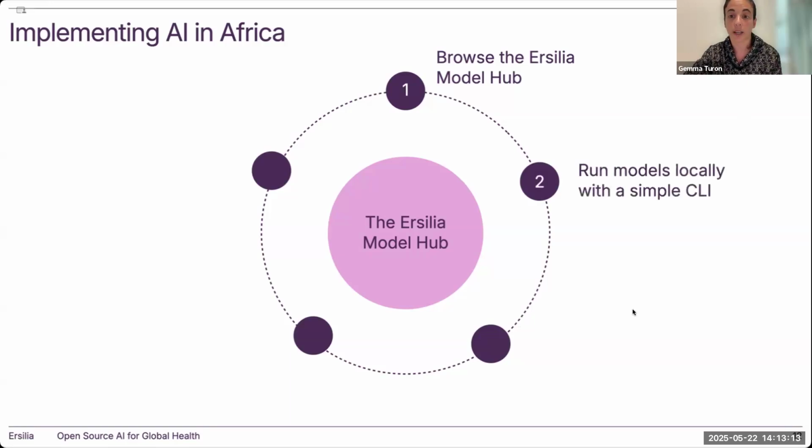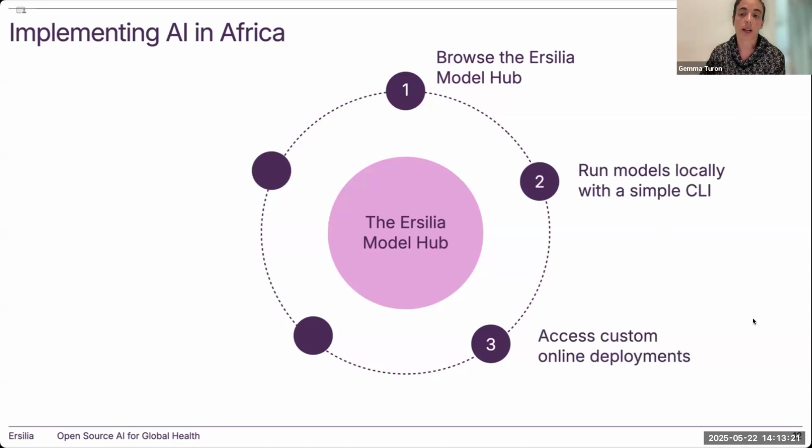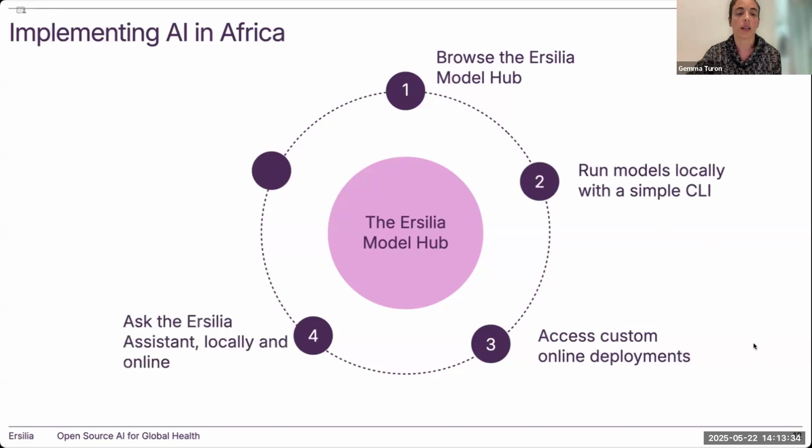There is a simple command line interface to obtain predictions for up to millions of molecules. They can also access custom online deployments that at the moment are made on a use case basis with partner institutions, that we aim to provide more widely if we obtain sufficient financial resources for online maintenance.